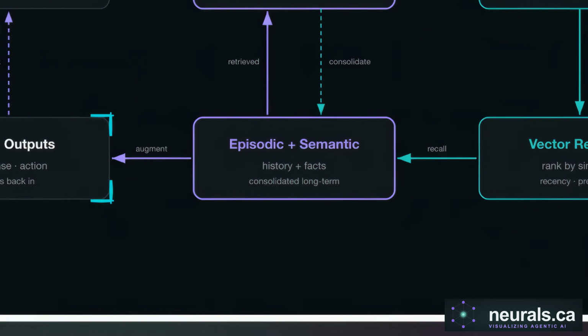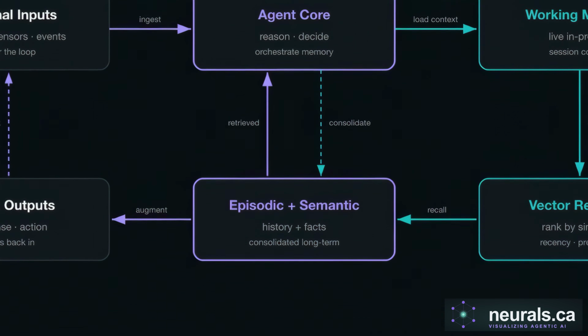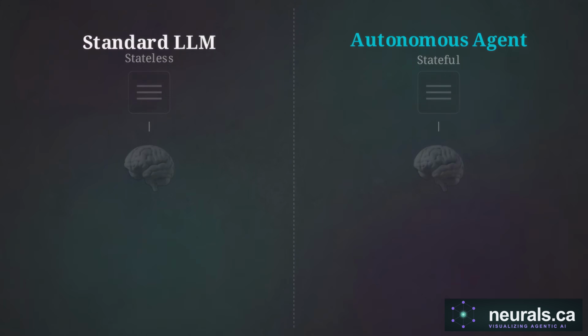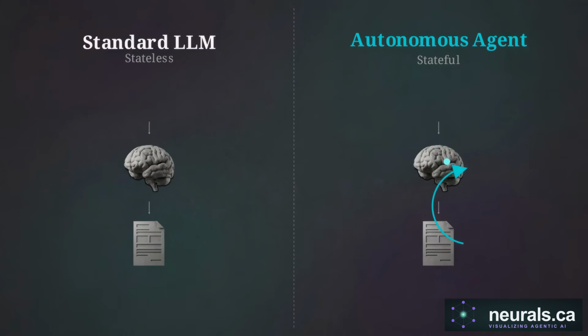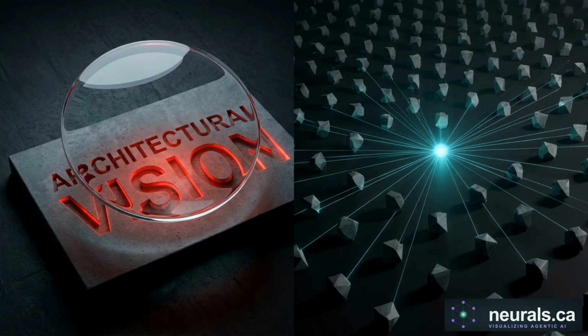Finally, Stage 6 produces the agent outputs. The response is generated, and the feedback loop routes the result back into the system to be permanently recorded. This specific feedback mechanism is the exact mechanical difference between a standard language model generating text and an autonomous entity learning from experience. The effectiveness of this loop relies entirely on how the agent searches its own history.